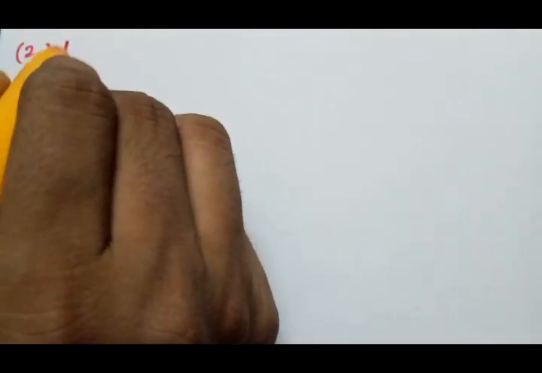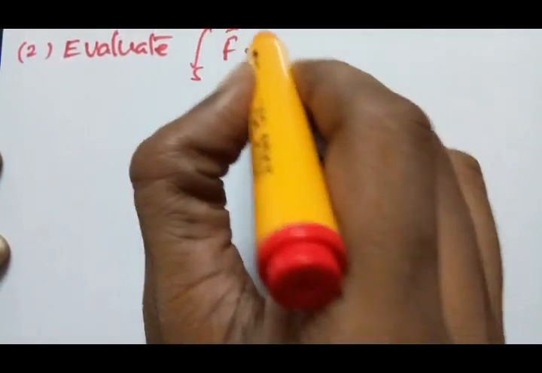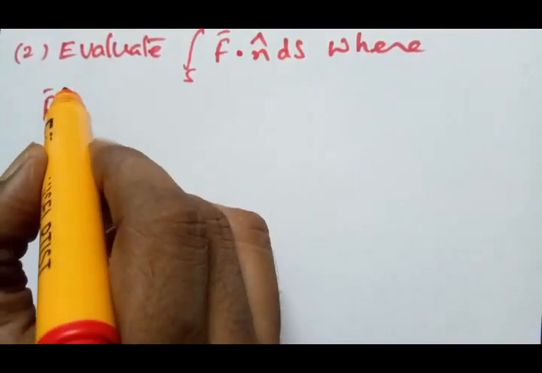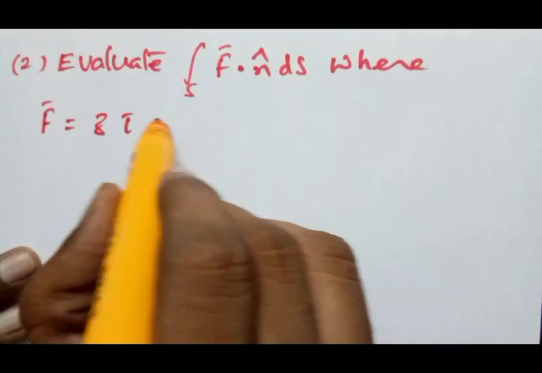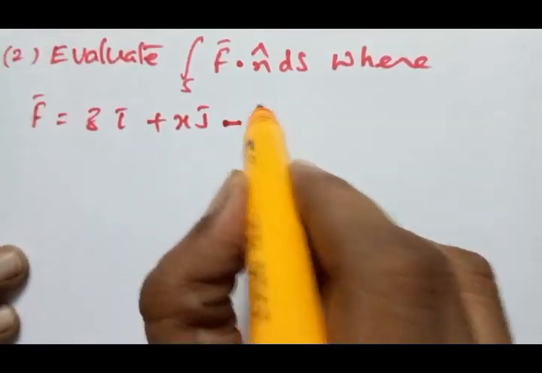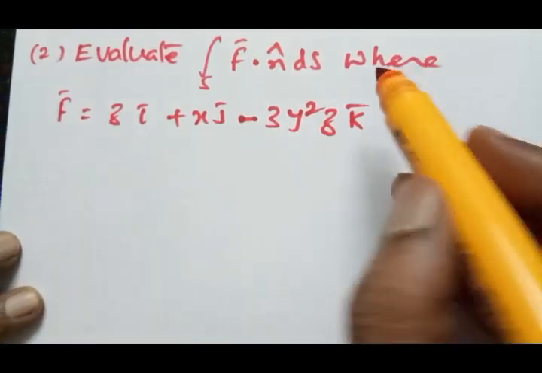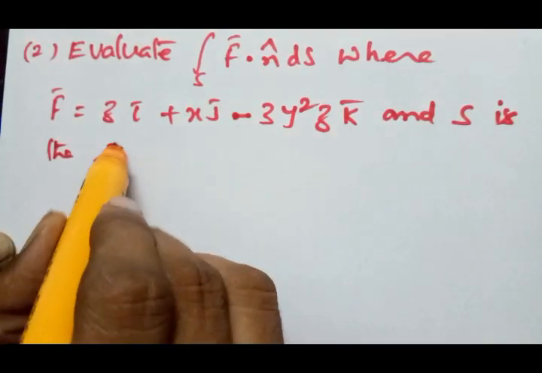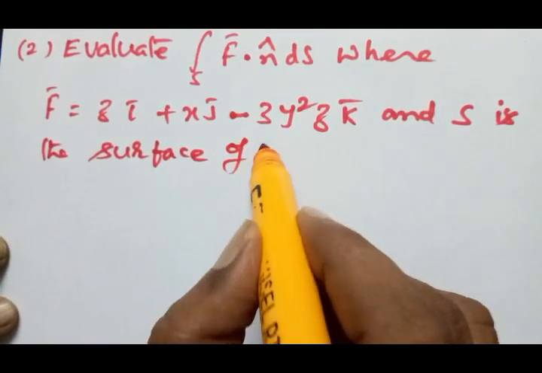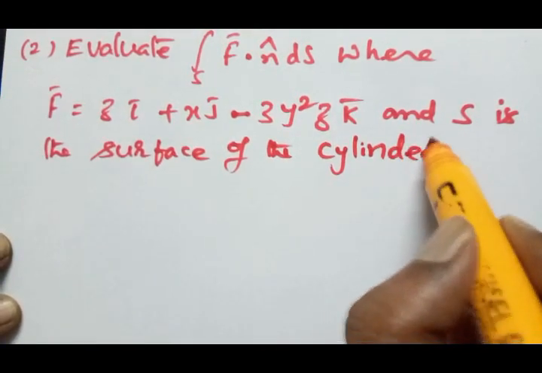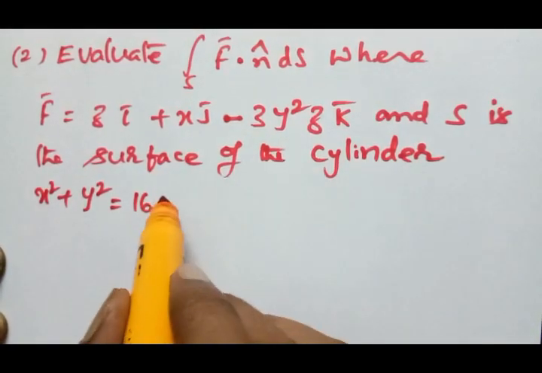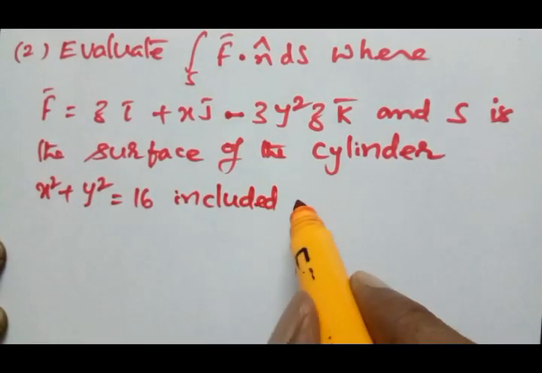To evaluate the integral over S of F bar dot n cap dS, where F bar is equal to z i bar plus x j bar minus 3y squared z k bar, and S is the surface of the cylinder x squared plus y squared equal to 16, included in the first octant